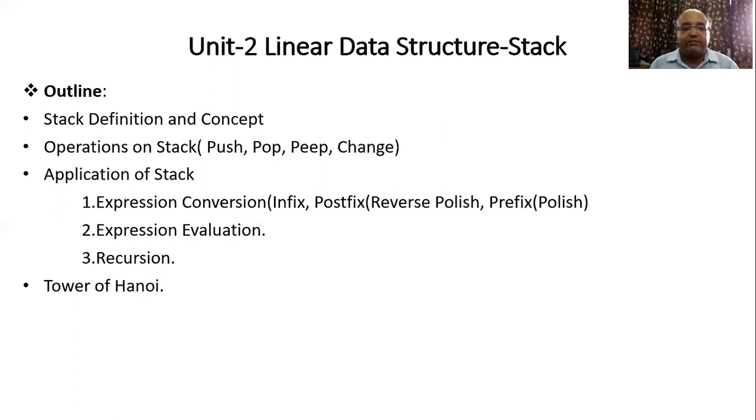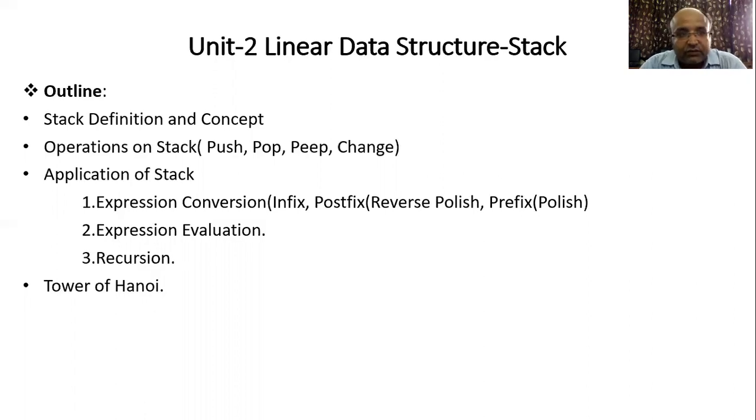In the function chapter, you had the concept of recursion. And in the last, we'll discuss one practical application, that is Tower of Hanoi. Okay, that is one kind of game, one kind of puzzle that we can solve with the help of stack. So these are all the topics that we are going to discuss throughout this chapter.